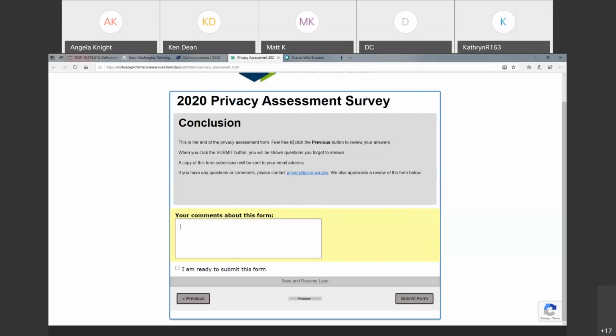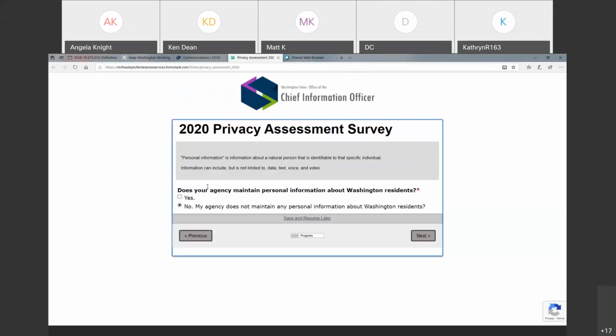Most agencies probably are not going to be clicking no, but this way it's a very quick screening method, and then we have a record of your assessment, and we know that you don't collect Washington resident information. But for purposes for today, I'm going to click yes, and then that's going to take me into the actual